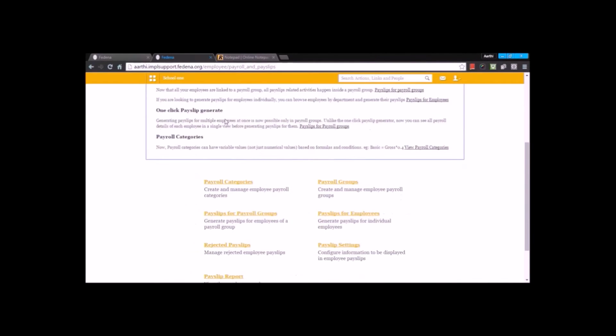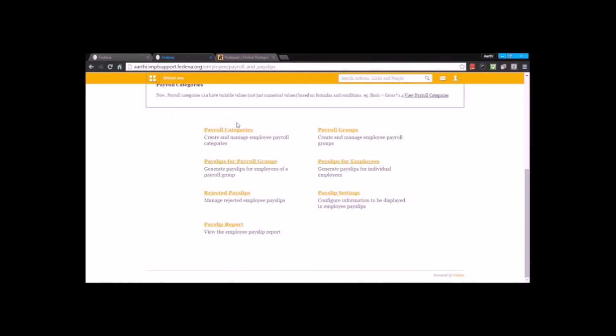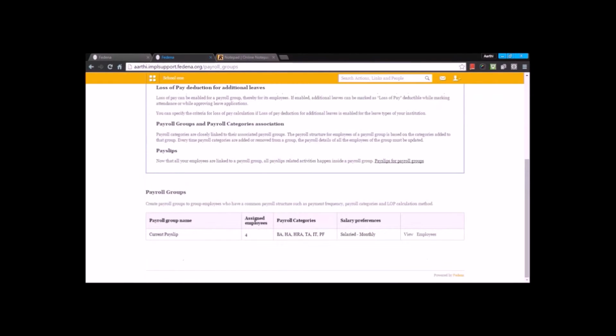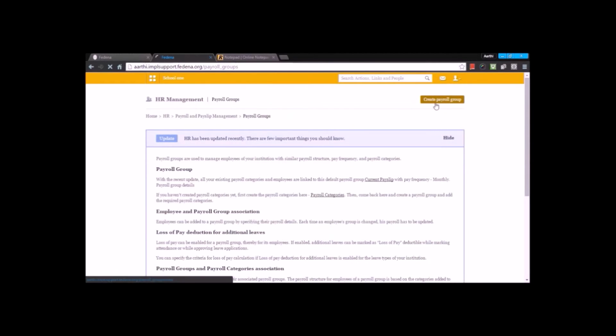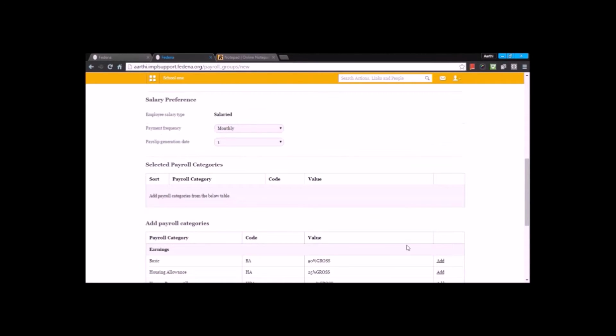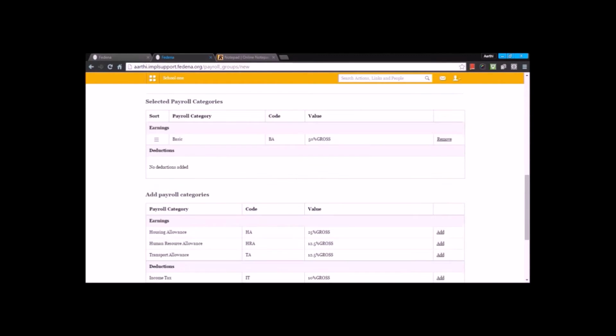Because the next step under this setting is the grouping. Under payroll groups, we are going to group these categories into separate groups. Let's assume that you have a set of employees who have a different payroll pattern or a different payroll category, whereas the other set of employees have different payroll categories. So you will have to create a new group and you will have to assign these categories by going by